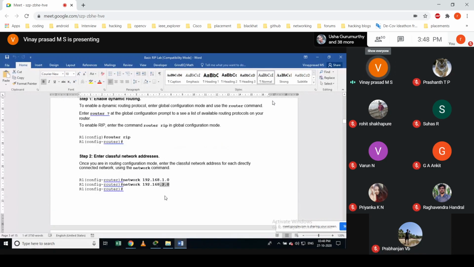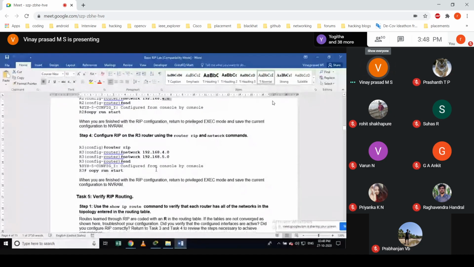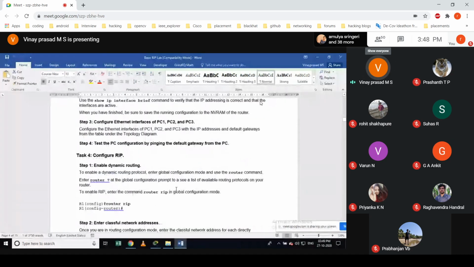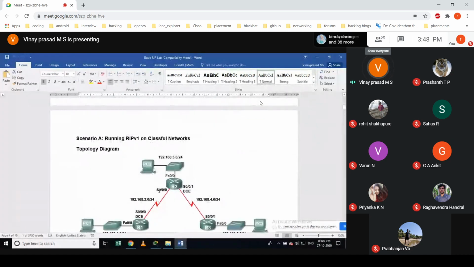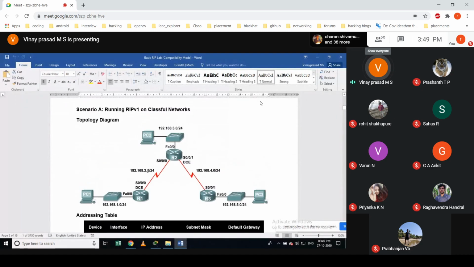Similarly, for R2, it is 2.0, 3.0, and 4.0, and for R3, it is 4.0 and 5.0. You can see in this diagram, so you can easily understand, right? R1 1.0, 2.0, R2 2.0, 4.0, 3.0. For R3, it is 4.0 and 5.0.